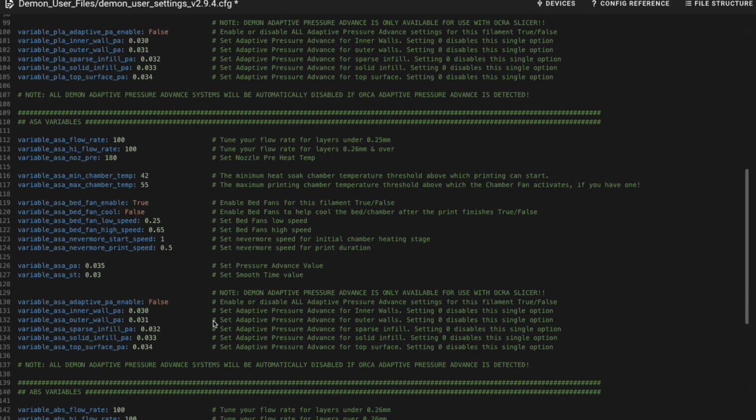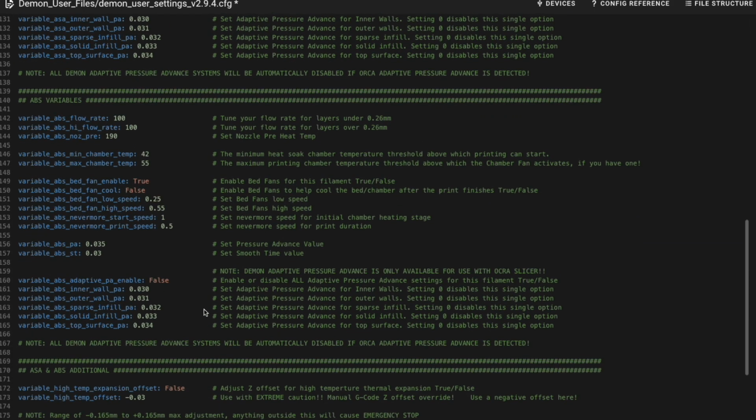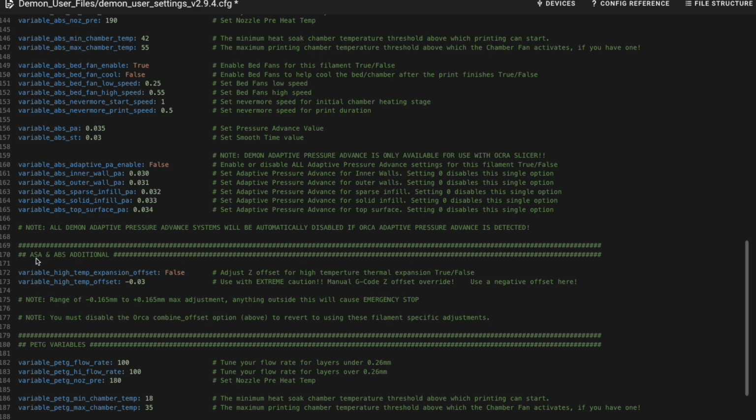So that's that, and here you can see the ASA ones, very similar. The ABS ones, very similar again. But you'll notice here we have an additional section, which allows you to set a filament-specific offset. If you're high temperature, so if your offset changes as you go up in temperature, away from the standard PLA heat range, you go up to the ABS, ASA heat range, you might need to apply an additional offset, and